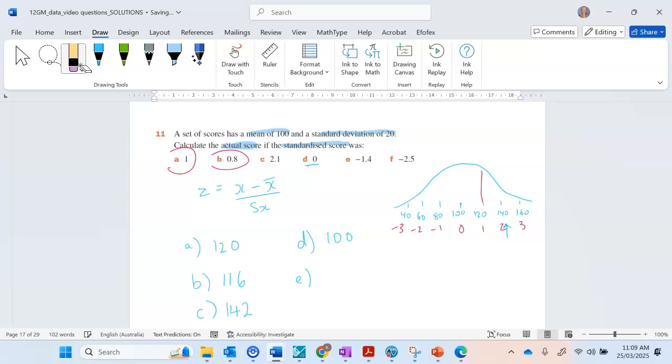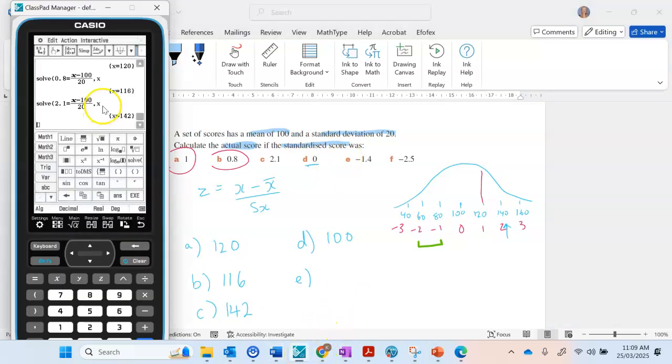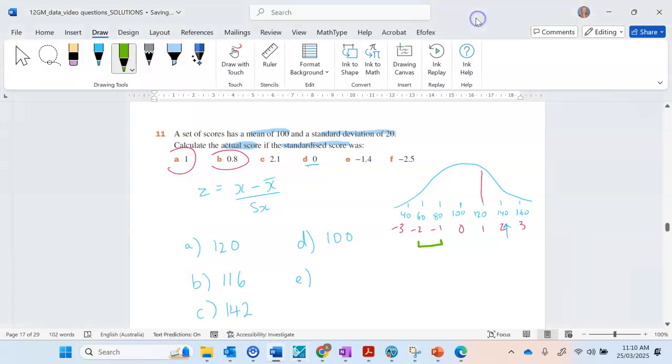-1.4 is between -2 and -1. So it's going to be close to 70, I think, because it's kind of halfway between 60 and 80, but let's just calculate it on the calculator. So I'm going to highlight it, drag down. The only reason I can keep using the same formula and just changing the Z score is because for the question, your mean and your standard deviation are the same for each question. All right, 72, and then F,